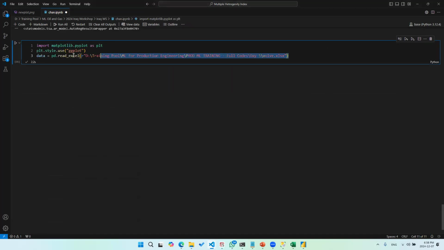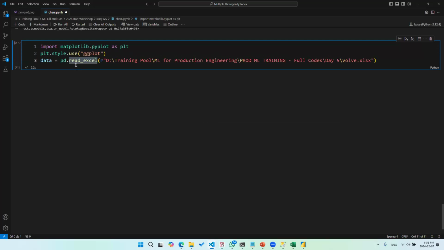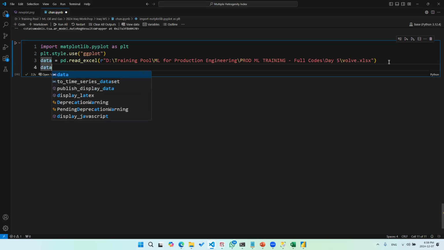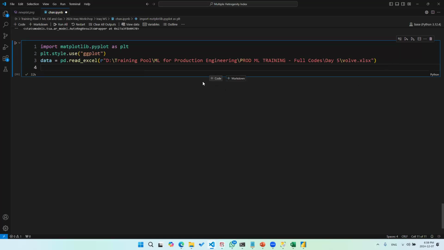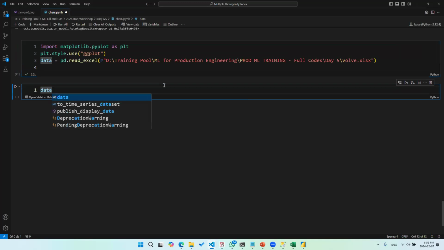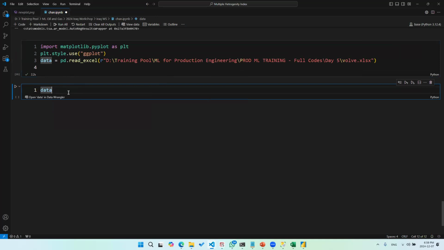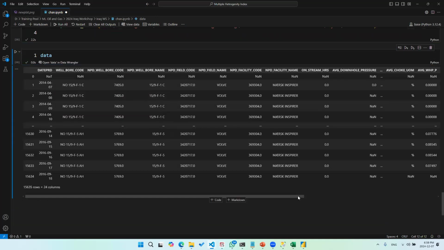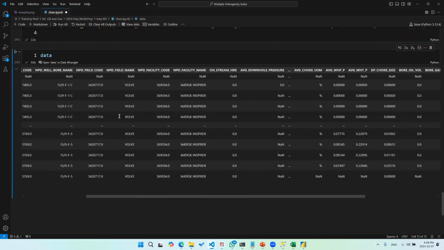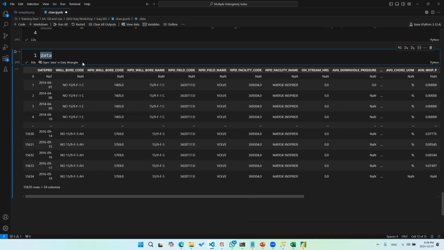Basically, I am pulling data from an Excel sheet. And this is a possibility, by the way, in Python. You can pull data from different sources. If you print down the name of the data, we can get a view of the data, by the way. So basically, if you run this, you will get a sample or the snapshot of the data. And the way you get the data and work with the data is going to be a lot faster than working with Excel or any other type of software.